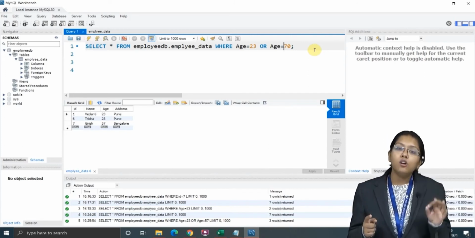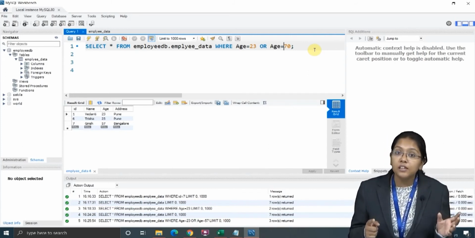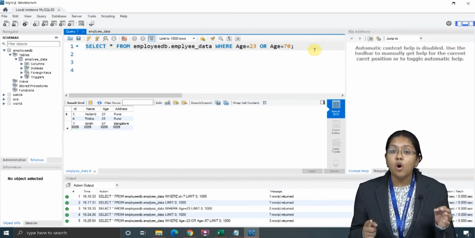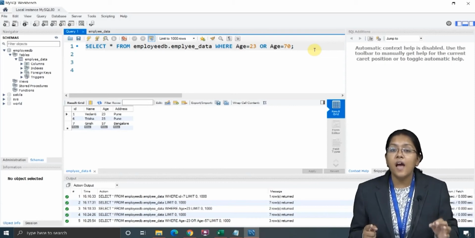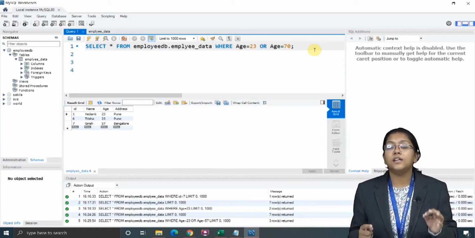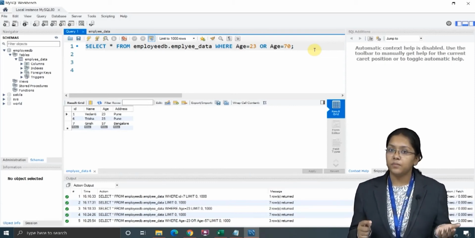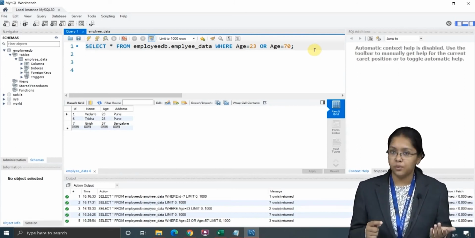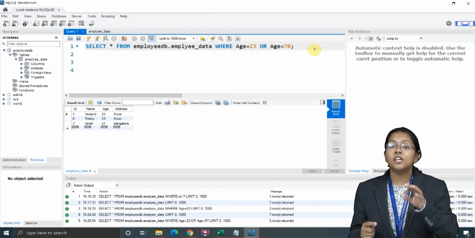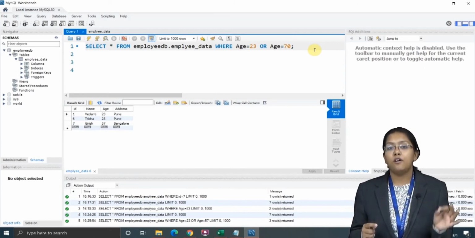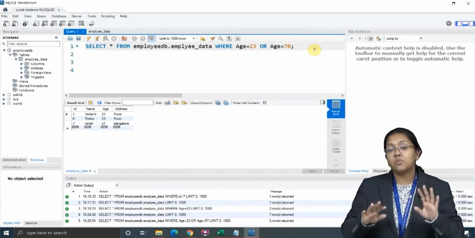But in the OR truth table, what we have learned till now is that OR needs only one true value, and if it has one true value, then it will give me the answer. So if I run this query, it should give me an output. That is what we have studied.